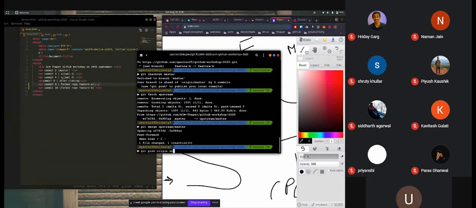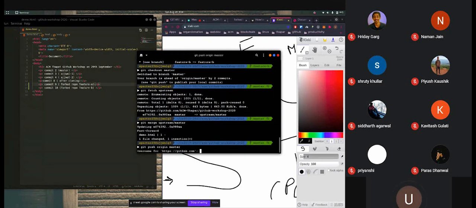So if we do git push origin master, the master branch we have locally has the latest code, and now the master branch of the forked repository also has the latest code. Origin points towards the forked repository, and if we push our local master branch to the forked repository, all our issues will be solved because then the forked repository's master branch will also have the latest code.